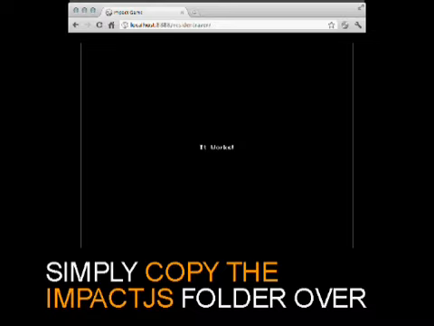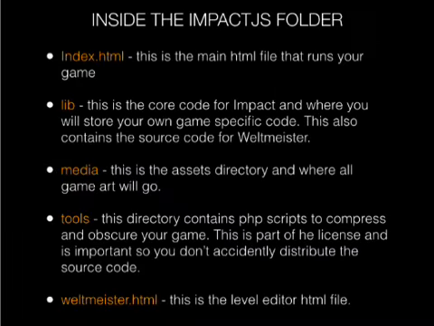So one of the things that you'll see when you start looking through the Impact folder itself is that there's 5 main parts to it. The first is the index.html, and this is what really hosts your game. When you look inside of it, it's a really simple HTML file. It just has 2 references, one to the Impact game framework JavaScript library.